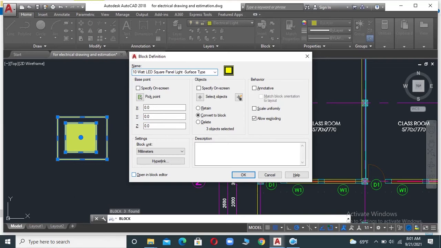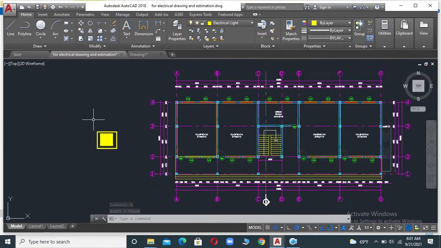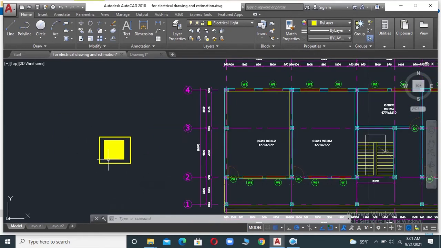Okay, now click on OK. So here we have created a block for this light. So here which layer are we working on? Electrical light. Okay, now we can reduce the size of this light by using the scale command.